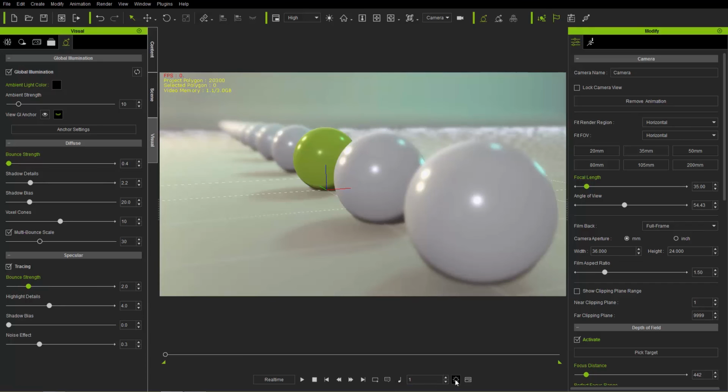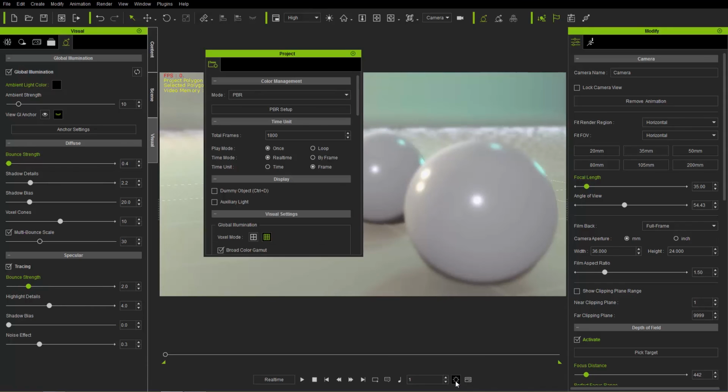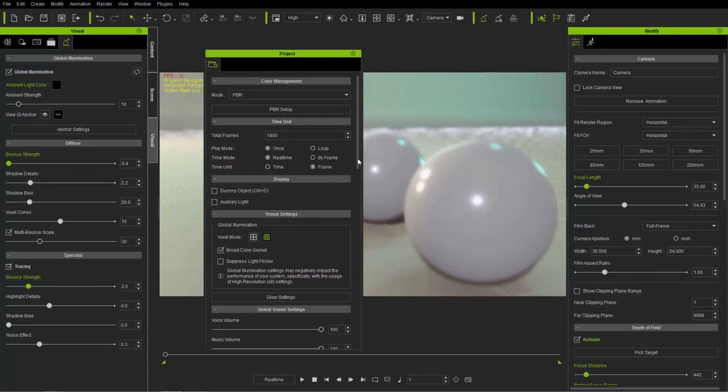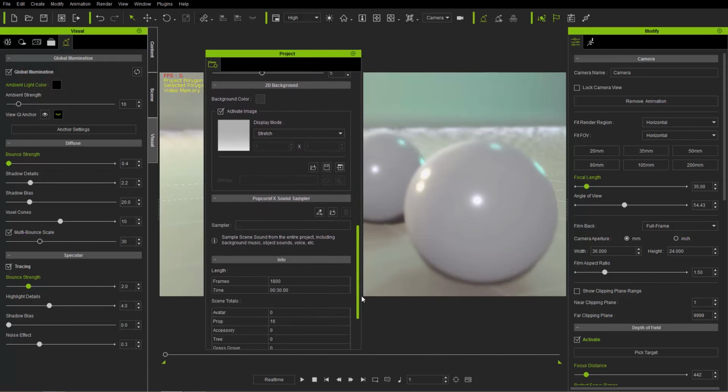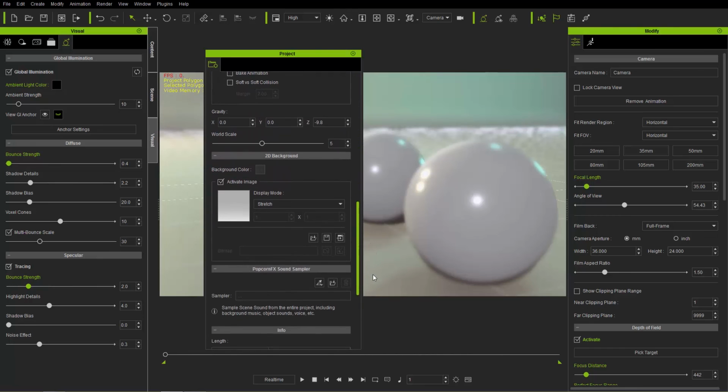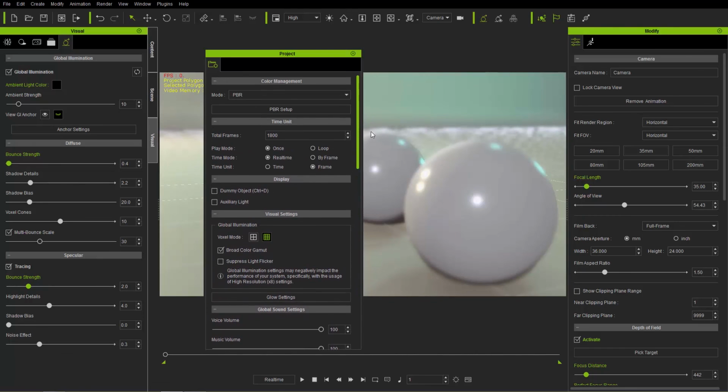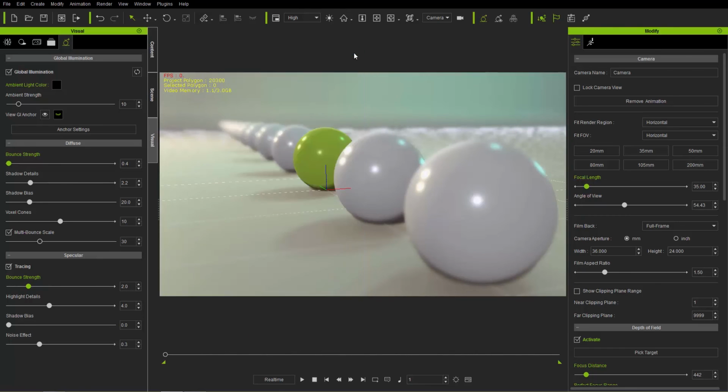Okay, and over here we have the project settings and the show timeline. If we click on project settings, you can also press Control-Shift-P, like I mentioned earlier. It'll open up all your overall project settings. So these are your macro settings in your scene. Okay, and you can go through these like 2D background. We won't explain too much about these right now, but you can close that down.